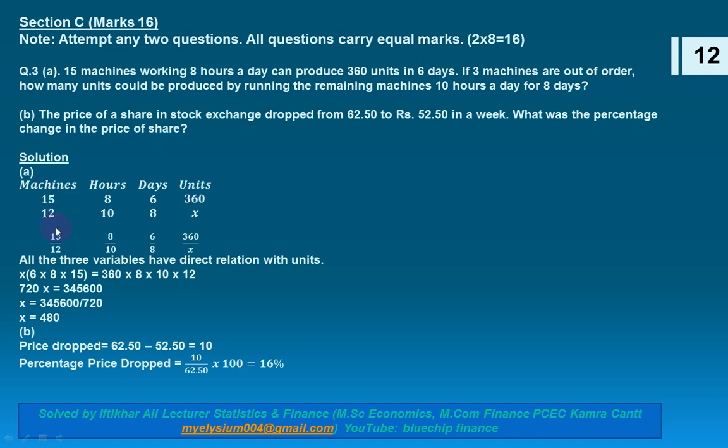So we take here 15 by 12. If we work more hours, more units will be produced, so positive relation. So we take here 8 by 10. If we have more days of work, we can produce more units, so once again a positive relation, so 6 by